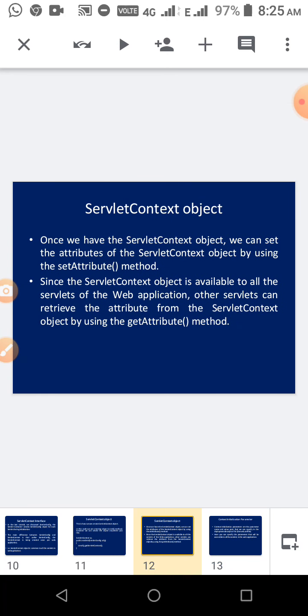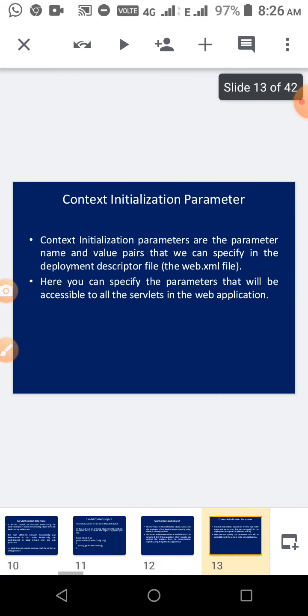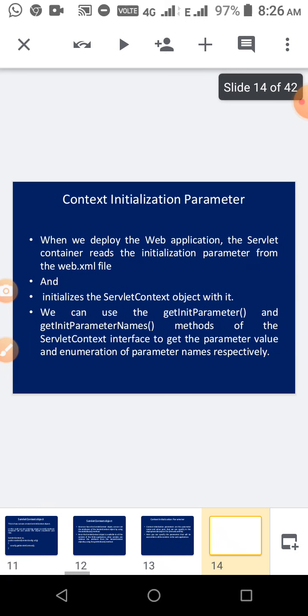Since this context object is available to all the servlets of the web application, all the servlets can retrieve the attributes from the servlet context object. The methods used in the servlet context are getAttribute and setAttribute.